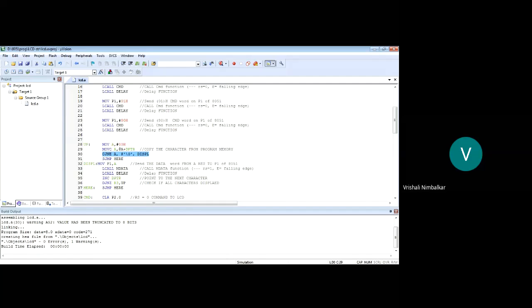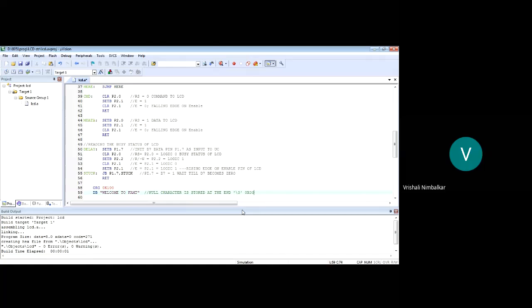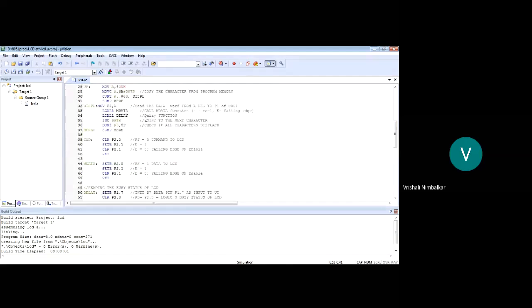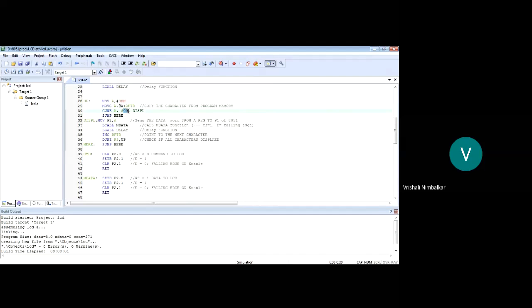So I can do this, and that null is 0. Done. The code for the null character, see students, is 0x00. So either you can put it in single quotes, or I put the null character 00, right?